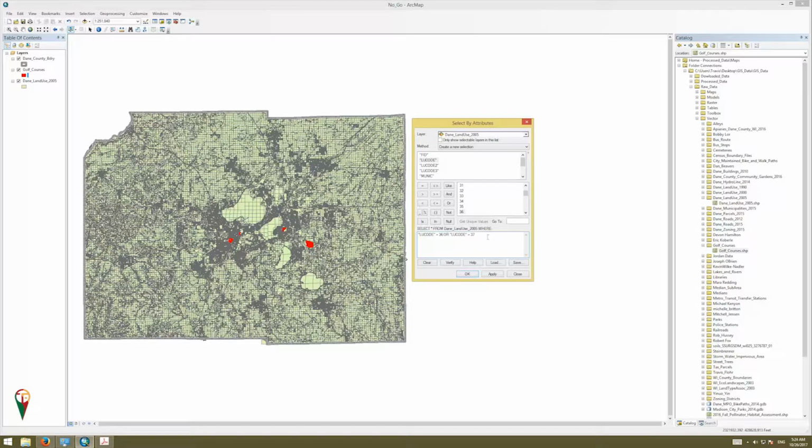So now we know our codes, we can just type them in. Go back up, LU code equals 39. And in fact, you could type in the or as well. LU code equals 482, or LU code equals 485, or